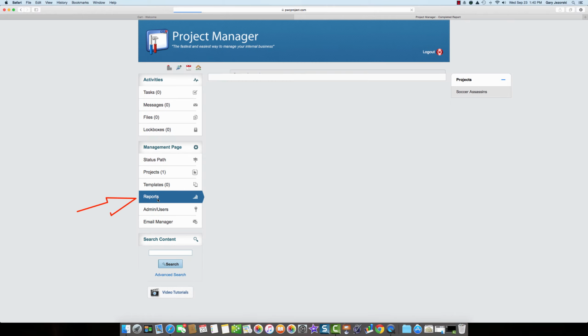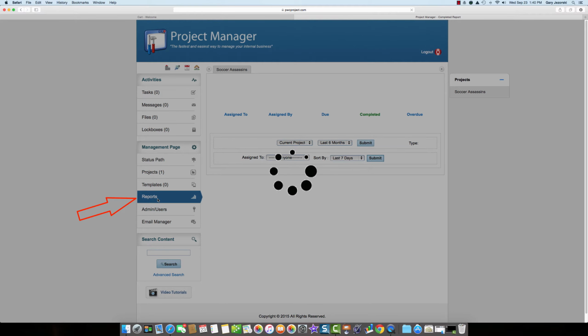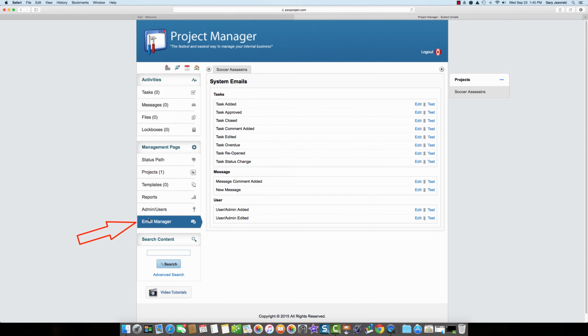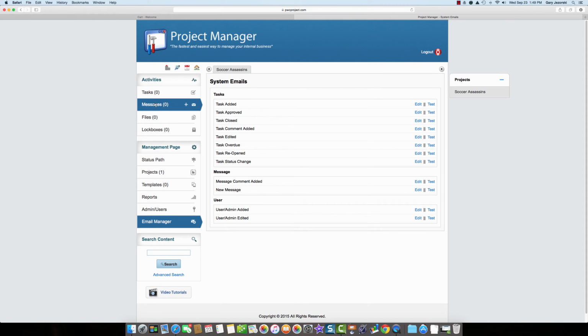You have a list of reports so you can measure your productivity. And of course, you can set your admins and users and customize the system-generated emails that are produced by this project manager. And now let's go ahead and start populating our first project from the Word document that we created with our master specification. So I'll come into Tasks,